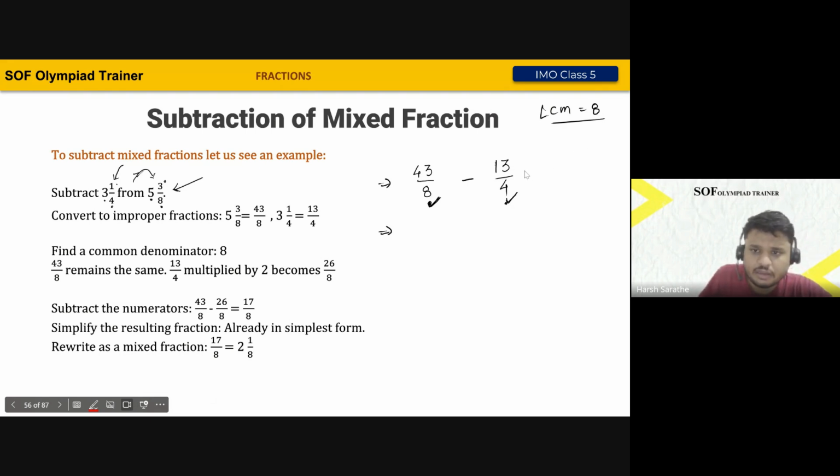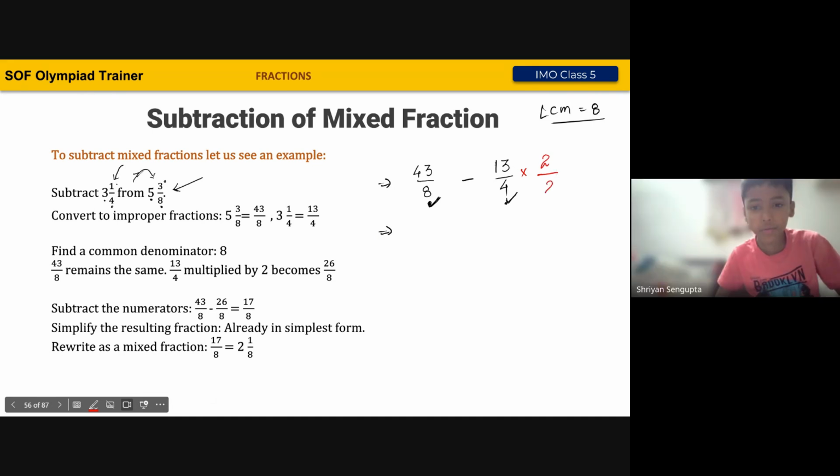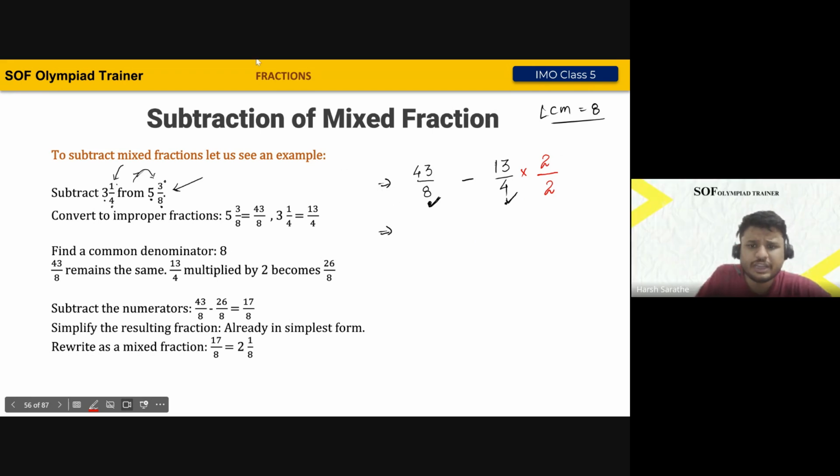So by what number will we be multiplying? Two. And here, in the second fraction, we multiply by 2, and in the first fraction there is no need to multiply, since it's already 8; there will not be any change. So it will be 43 divided by 8 minus, this will become 13 times 2 is 26,